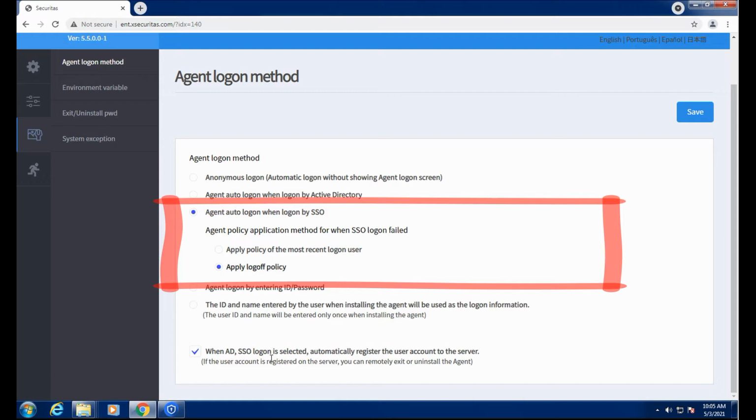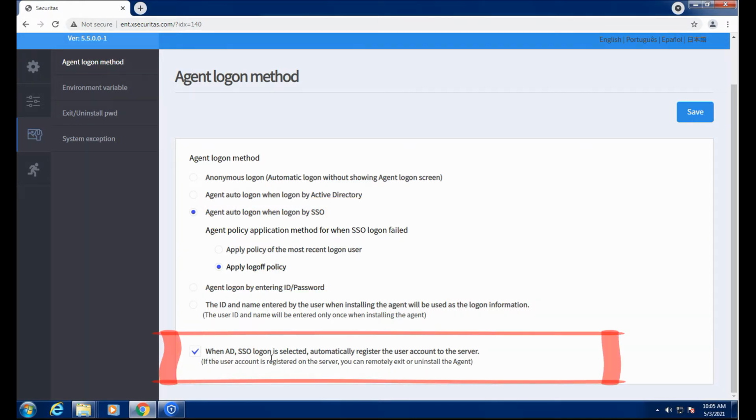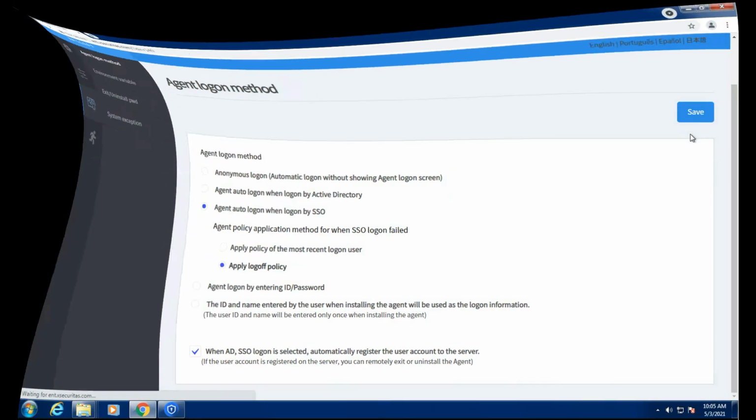In this case, we will select Apply Log-Off Policy so that the agent will apply the log-off policy when SSO is logged off. When SSO logon is selected, the user account is automatically registered to the server to automatically acquire department and user information.